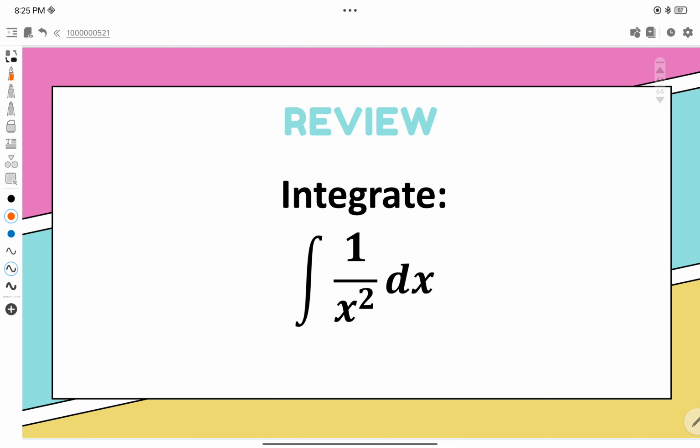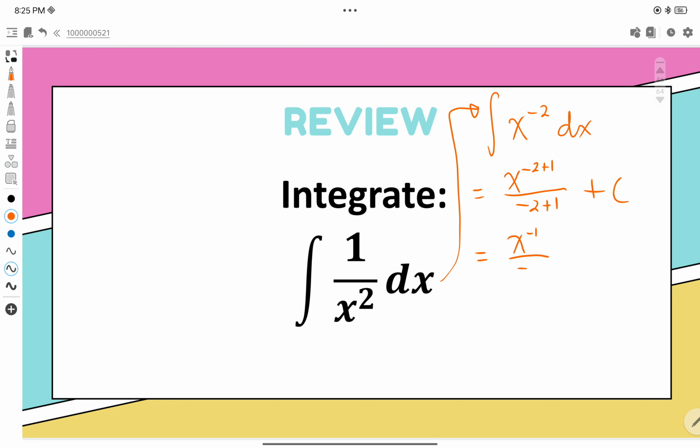Next, notice that the integrand is a function, but we know that we can rewrite this as integral of x to the negative 2 dx. Now we can already apply the rule for integrating a power function. So we have x to the negative 2 plus 1 over negative 2 plus 1 plus c. Simplifying, we have x to the negative 1 over negative 1 plus c. We have a negative exponent, so we will bring that down, and we have a negative 1 in the denominator, so you can have negative 1 over x plus c. This is now the final answer.